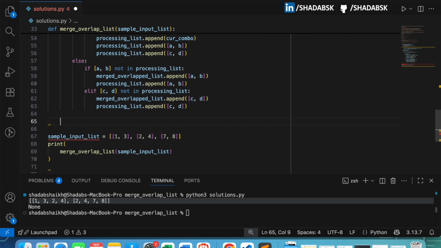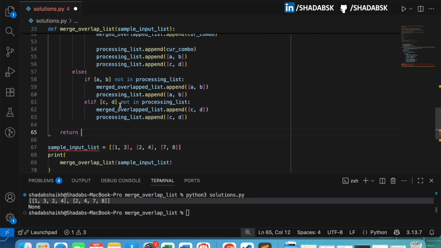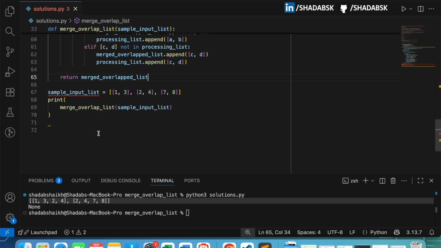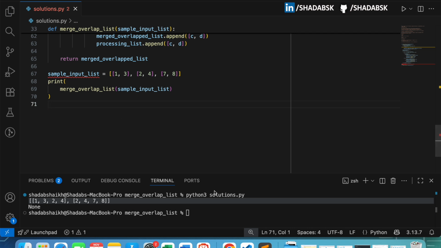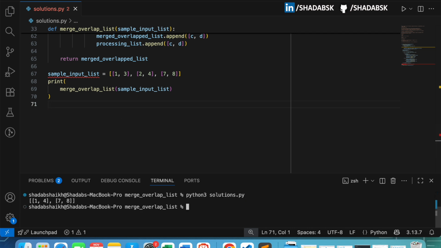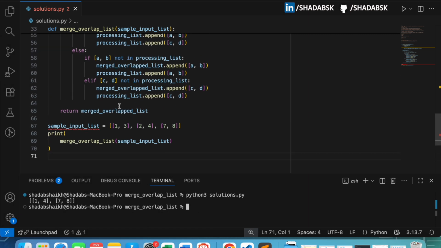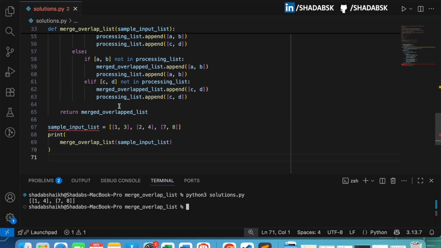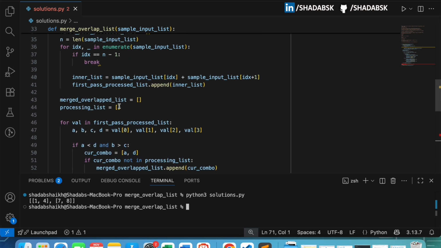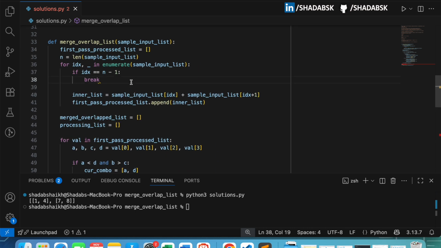Alright, we can now return our merged overlap list, and let us see what is being printed. 1 4 and 7 8. Now this is doing the purpose, but there are some use cases or edge cases that will give us a test case failure. So one edge case over here is,